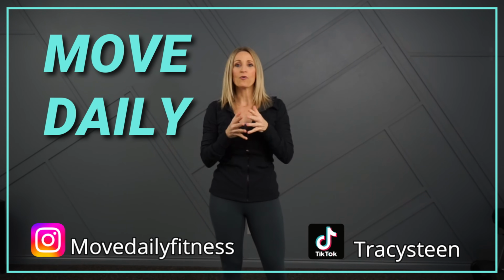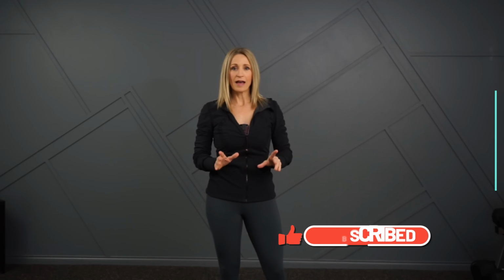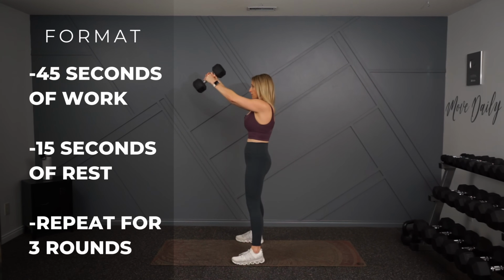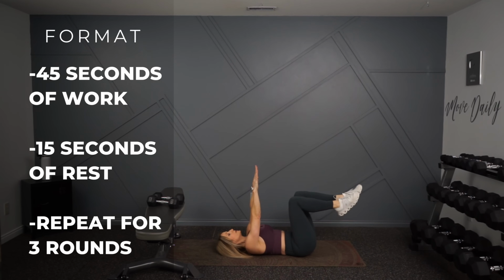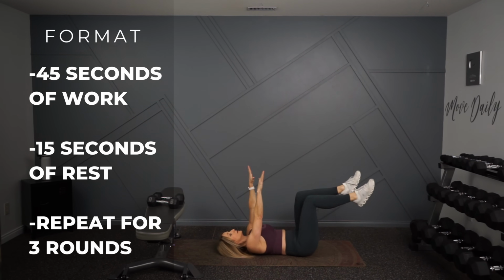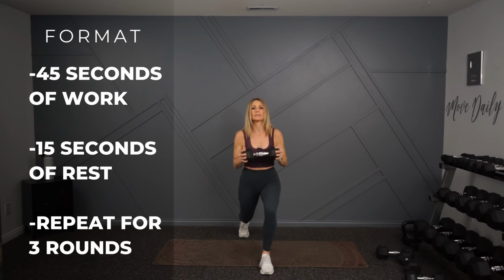I'm Tracy Steen. Okay, this workout today, we're doing some functional training. So functional training refers to those exercises that help you do functional movements in everyday life. So lots of variety here today, and your format's gonna be 45 seconds of work with 15 seconds in between. I'll hit a circuit of 3 and we'll repeat it for 3 rounds to get some good overload and practice